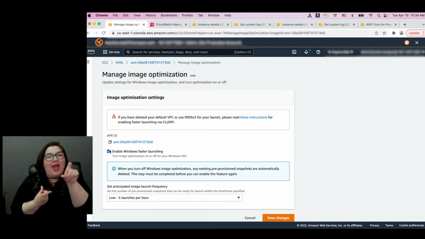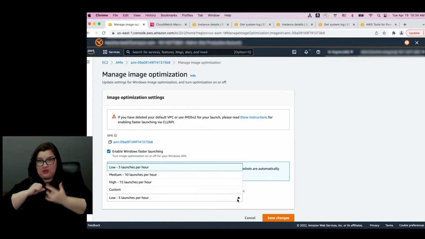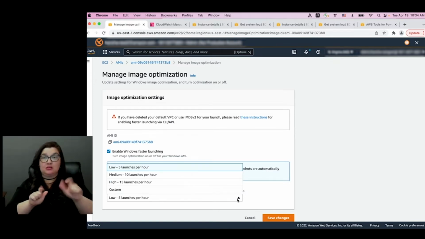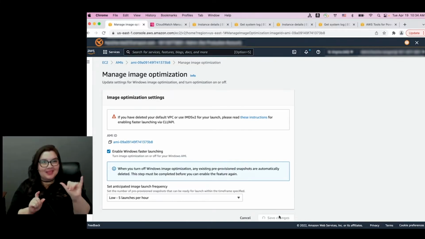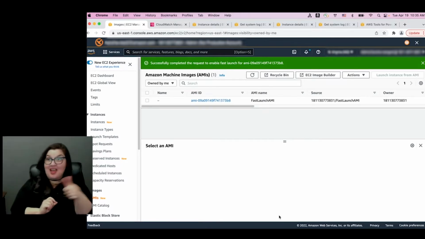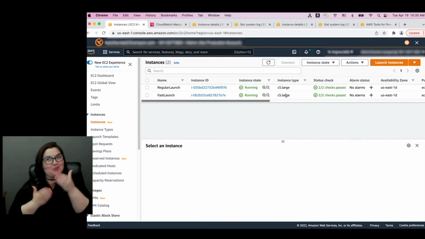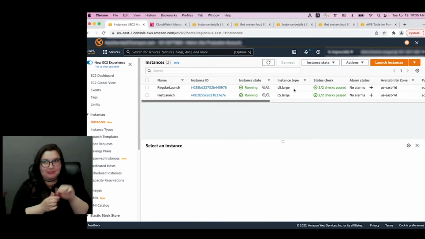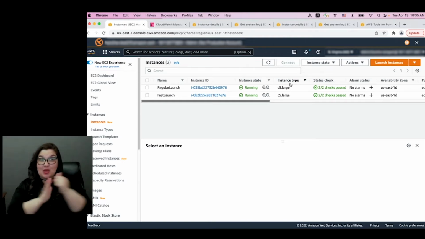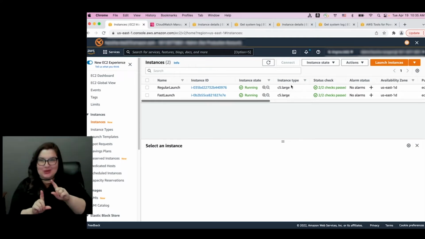Now, if you want, like I said, you can change the number of snapshots that you store if you feel like you're going to have a more frequent launch. But otherwise, you just turn that on and you're good to go. Okay. This doesn't change anything about the AMI ID or anything, right? No, the same AMI ID. It's another flag that's associated with the AMI. And what's really cool too, it's good you brought that up, Ryan, is it actually lives with the AMI. So if you share this AMI to other accounts, that fast launch feature will carry with it. Oh yeah, this is super interesting. I can see this really speeding up the time of something like an auto scaling group.